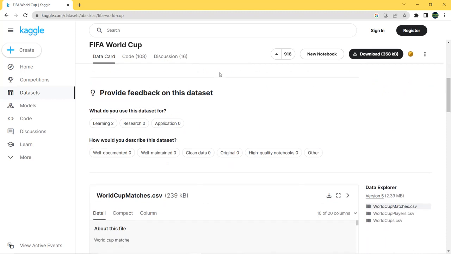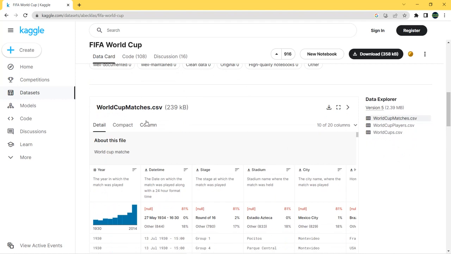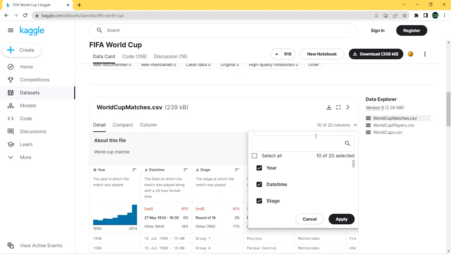So here we have mainly three sheets: World Cup matches.csv, World Cup players.csv, and World Cups.csv. For the first one, World Cup matches.csv, we have 20 columns. So here, if we select all, apply,